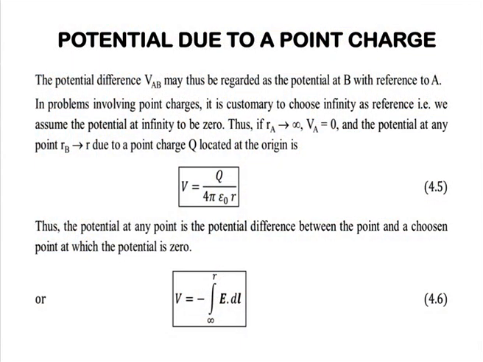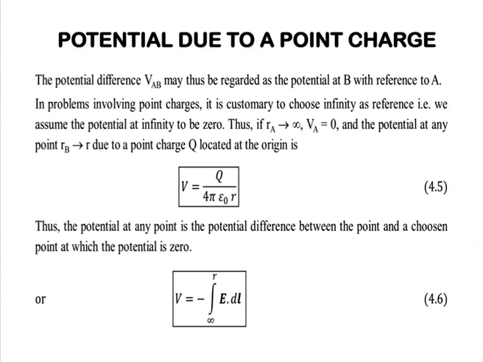Potential due to a point charge. The potential difference VAB may thus be regarded as the potential at B with reference to A. In problems involving point charges, it is customary to choose infinity as reference. That is, we may assume that the potential at infinity is 0. Thus, if RA tends to infinity, then VA is equal to 0, and the potential at any point RB due